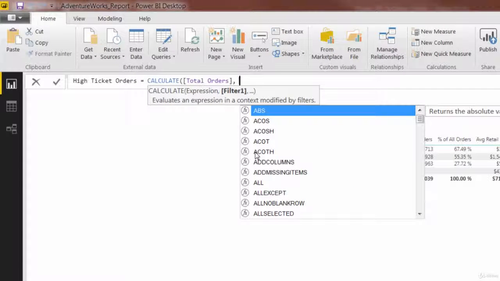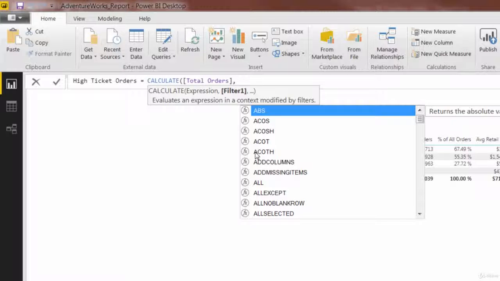And now for the filter statement, let's step back and think about this for a minute. To recap, what we're trying to do is return a measure that's going to capture the volume of orders, but only for high-priced products, or products with a retail price greater than the overall average, which we know is $714.44. So the first thing you might be inclined to try is to say, okay, in the filter argument of our calculate, let's find that product price field,